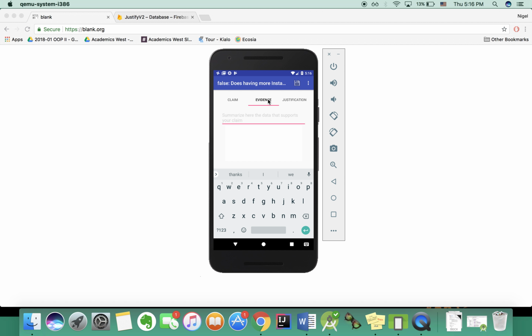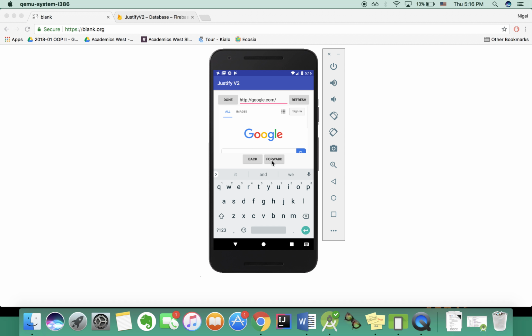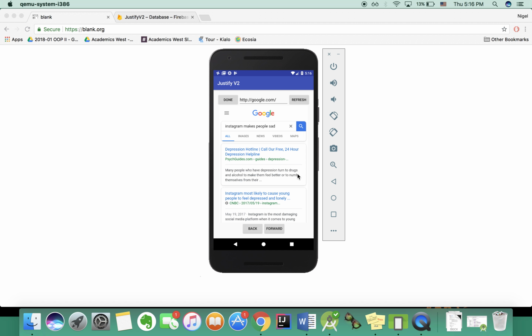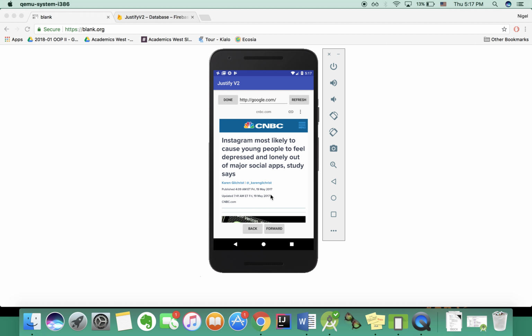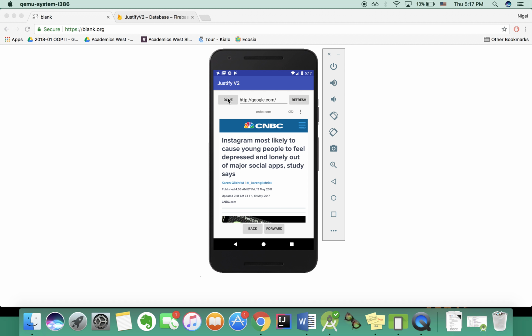I go to evidence, and here I'm going to find some evidence to support my claim. I'm going to click Get the Research, which is going to take me to a nice browser where I can go into Google and I can say Instagram makes people sad. And I'm going to search that. Instagram most likely cause young people. This seems like a good source of evidence. Usually I would read through it to make sure, but this is just a demo, so I'm going to click